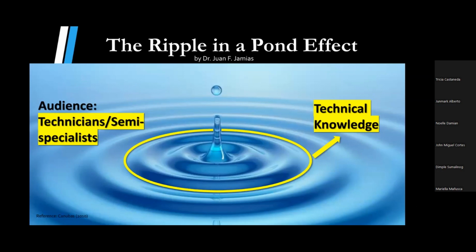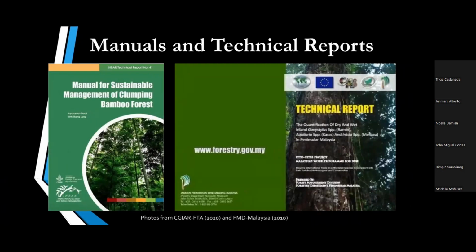Kanina binanggit ko sa scientific, we are sharing technical jargons or scientific jargons or technical terms. Dito sa technical knowledge, you try to tone it a little bit, no? A little bit down. Tone it a little bit down so it could be a little more easier, lesser of the jargons, more of the how-tos. Ganyan naman ang ginagawa natin sa second level, the technical knowledge. So ano example?